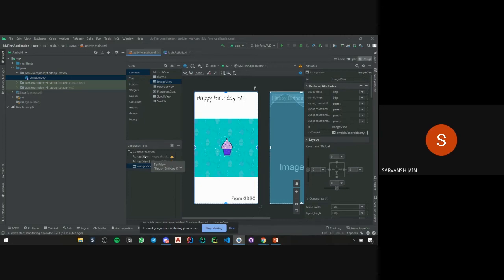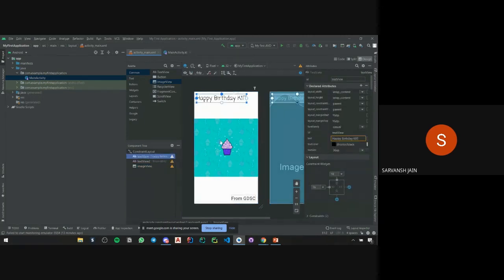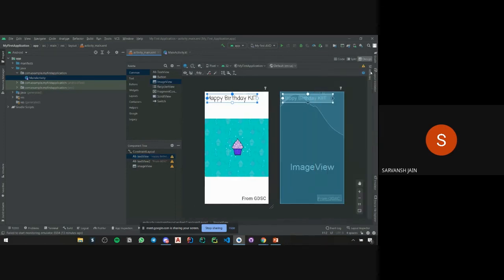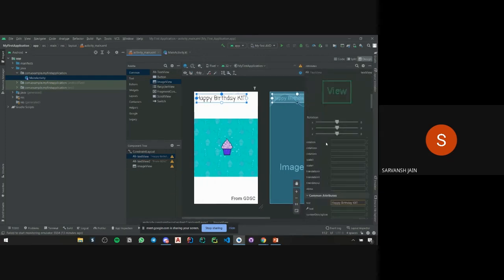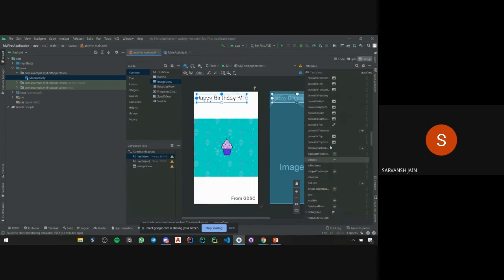So we'll go into text view. We'll select the text we want to edit. Like if I want to edit happy birthday KIT, I'll choose this text view from constraint layout. Then I'll open my attributes, this panel. Basically there are many attributes. If I scroll down, these are all the attributes.